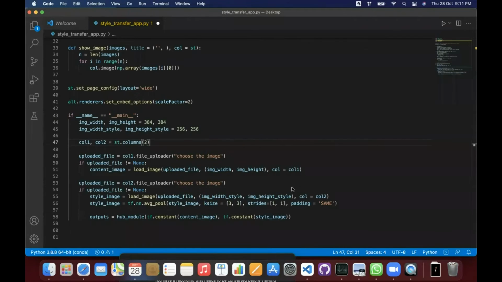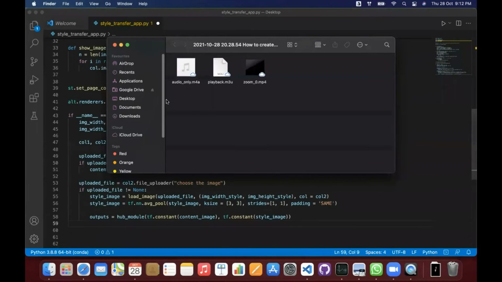So we were at our output. Output is equal to hub module, and we're passing the content and the style. Now the next thing is to take the final output. If you remember, as I said earlier, the model takes a bunch of images at once, so an array of multiple images, and it also outputs an array of multiple images.